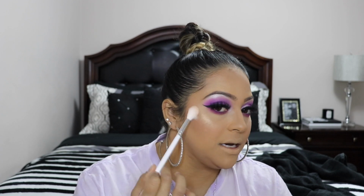So I'm just going with the JH09. It's just a big brush like this to highlight my cheekbones with. I am going to spray just a little bit of the Morphe Continuous Mist Setting Spray, and I'm picking up the shade Balm from the JACLYN Hill Loose Highlighter Collection. I'm just going to highlight my cheekbones. And you guys, I'm using such a light hand. As you can see, it's so pretty, and just the Morphe setting spray really helps intensify it and